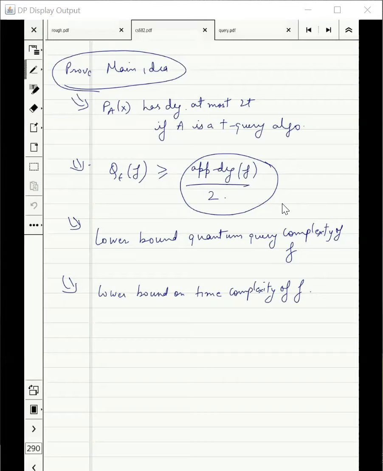Then we will get a lower bound. Notice that this is only one direction. That means there exists f where approximate degree and quantum query complexity are far away. It is a lower bounding technique, but it is not a sure shot method. There are functions where approximate degree is a bad indication of the quantum query complexity. But for many functions, it works too.